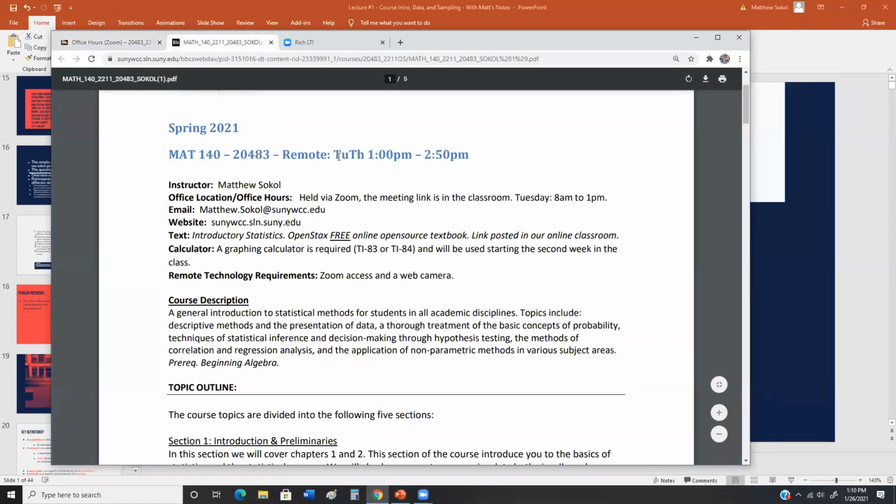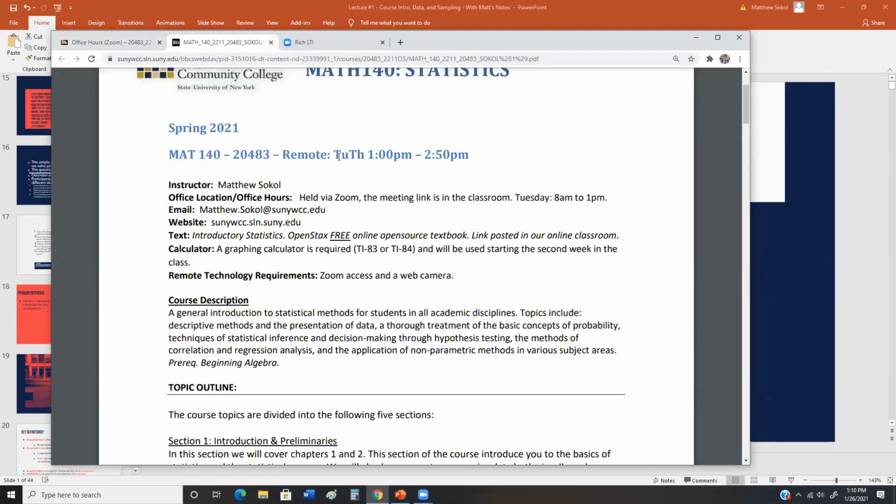I will be in front of my email every Tuesday, 8 a.m. to 1 p.m. The only thing I ask is if you want to stop by my office hours, you just shoot me a quick email, giving me a 5-minute heads up. I'm not going to leave the Zoom link open for 5 hours. So just shoot me an email, like, hey, Matt, I want to meet. And I will respond and say, okay, I'll meet you in my office hours in 2 minutes.